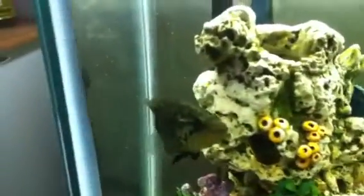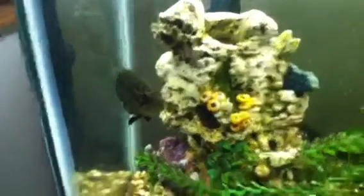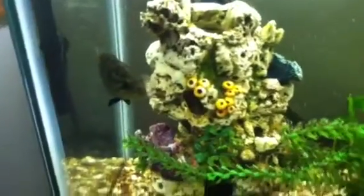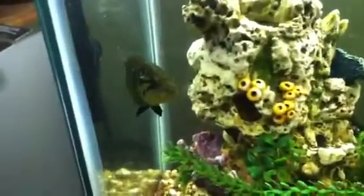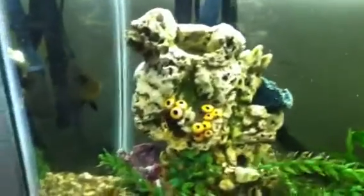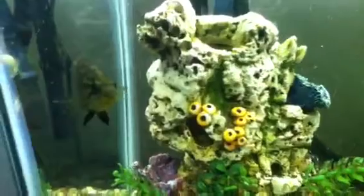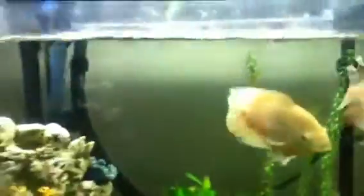But if you have a hard time trying to figure out if it's a male or female by the color, fins, and size, what you can do is either catch them with a net, or you can just look through the glass when you're feeding them, because they'll be looking upward into position, so you'll be able to tell. But what you want to do is